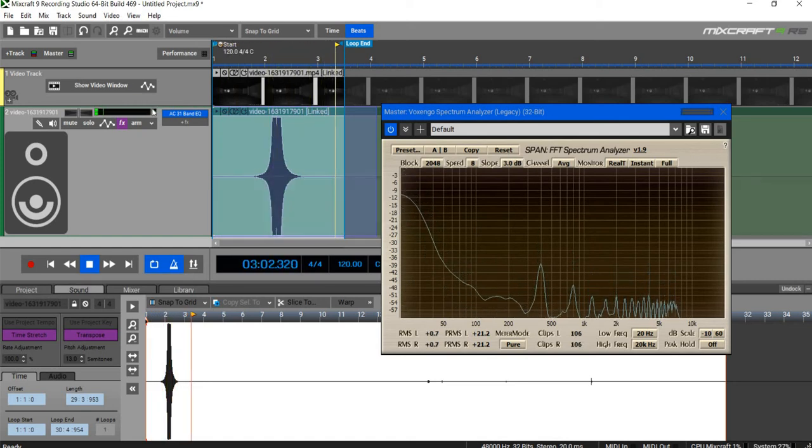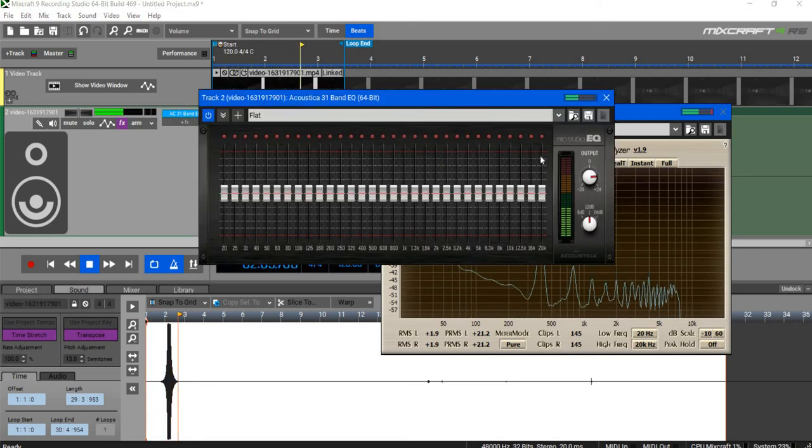Because it's going there, that clipping is due to the volume. I've just put too much. Yeah, it's still clipping there. We'll turn that back down.